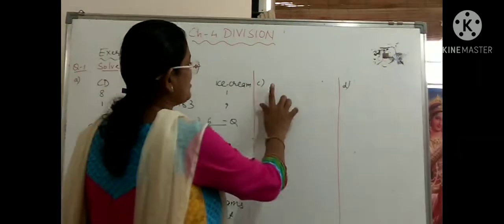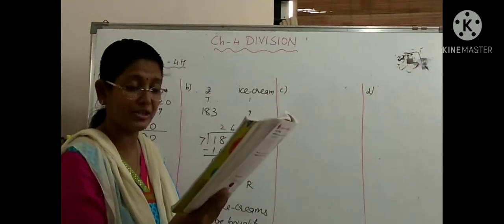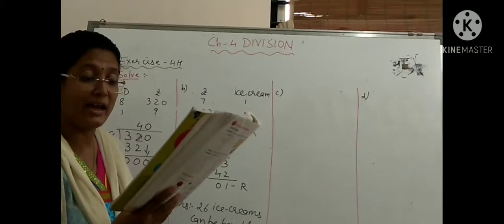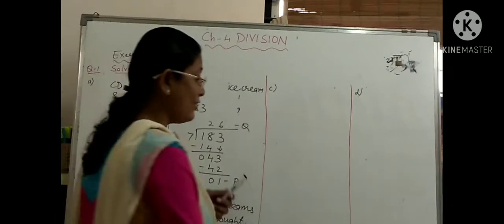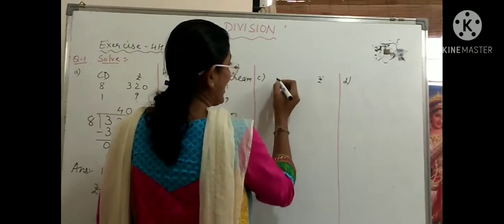Right? So what will come? Children will come first or rupees will come first? For that we have to see the question again. If decoration costs rupees 87, how much does each child have to pay? Each child has to pay, that means you have to find rupees. Okay? And here will come